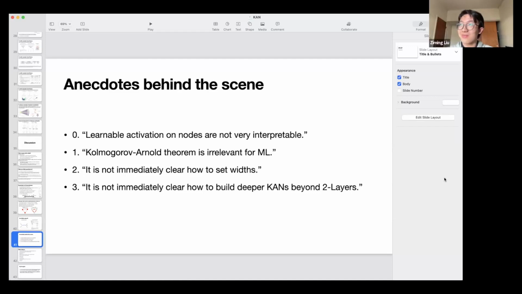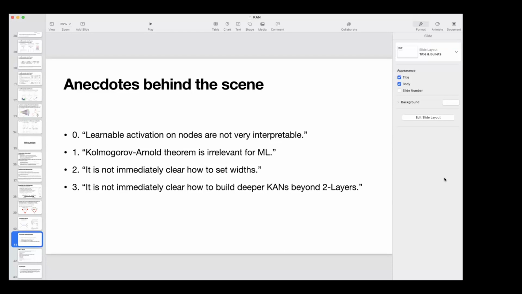That's a great question, but that's a bit technical. I'm not the one that knows a lot about equivariance. I think Hannes must know more than myself. But in principle, I think any techniques developed in the equivariant neural network literature can be transferred to the KAN literature. Yes, you can build an equivariant KAN, but on a technical level, I'm not sure how hard that is. Okay, thank you.